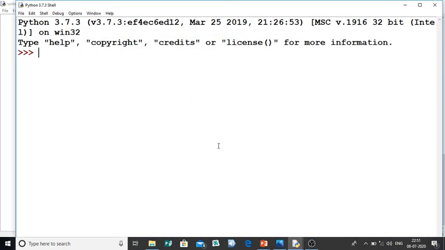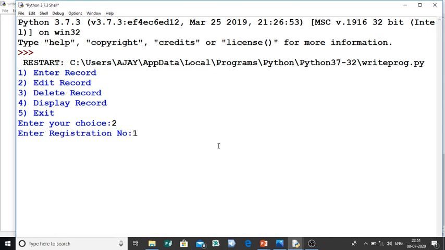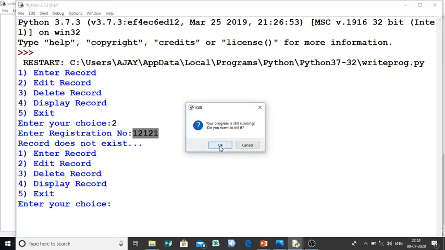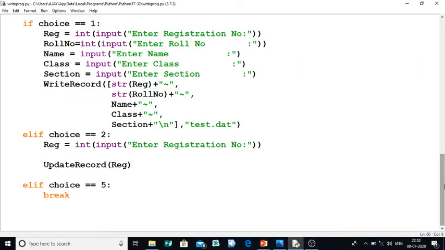Now let us just run this. Value 1 2 1 2 1. And you can see it has given the output, that is record does not exist. Why we had this output is because there is no record with the registration number 12121. There is no record with this particular number. And so what happened over here is